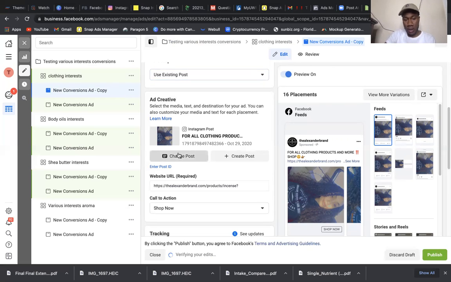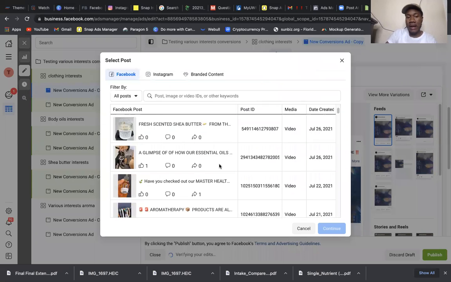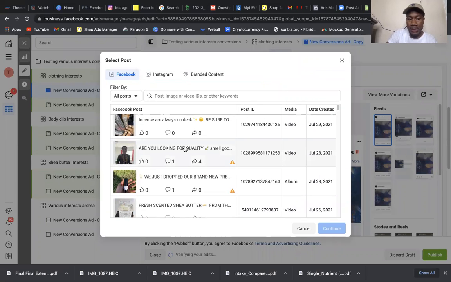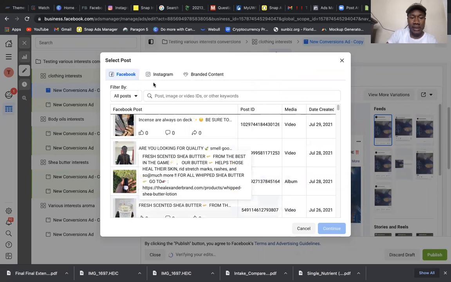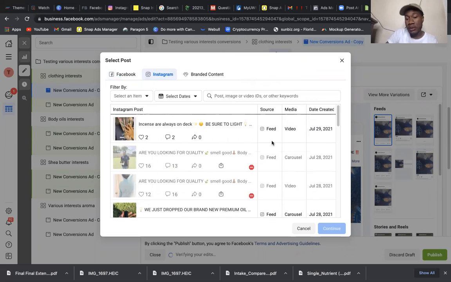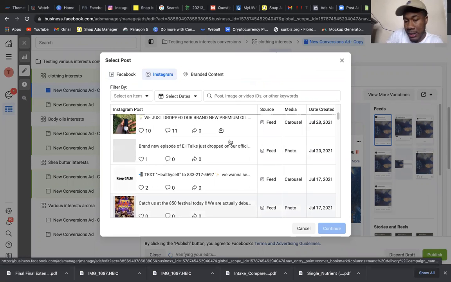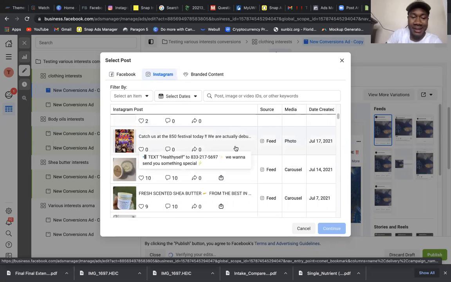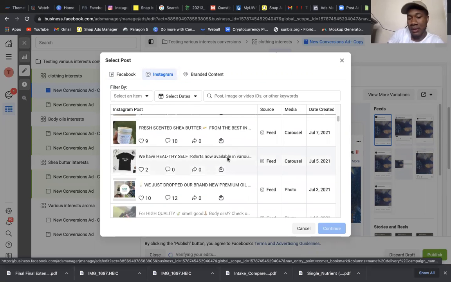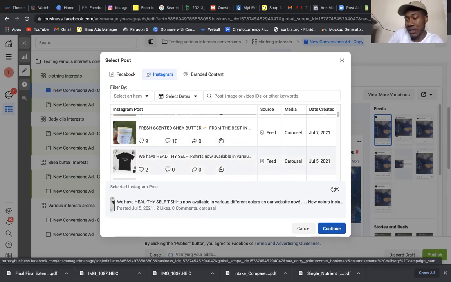So when you click on change posts, these are actual posts that I posted to this particular business account. You just click on whatever they allow you to. Some things they will not allow you to run ads on, because they don't follow the guidelines. I'm always getting banned from Facebook. Do not be like me. But so, what you do is press continue.